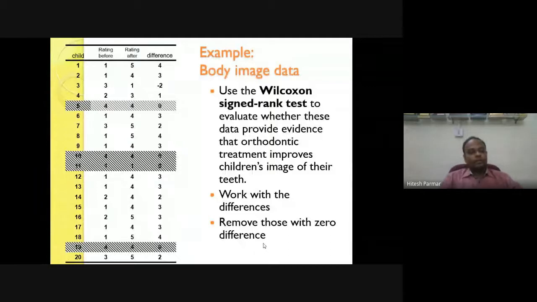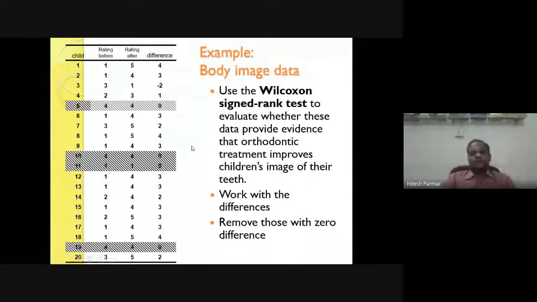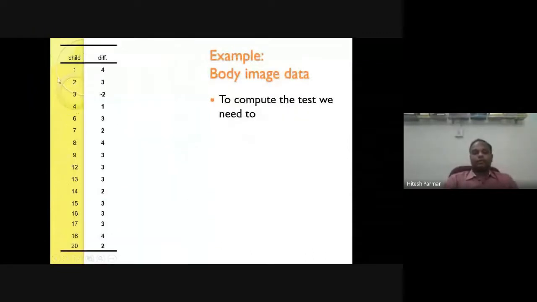So the difference is with respect to 0, and we are removing those. Then again, we can move further. If we remove these 4 differences, then our data goes from 20 to 16. So we removed observation number 5, observation number 11, like this. And after removing 4 observations, we now have 16 observations.